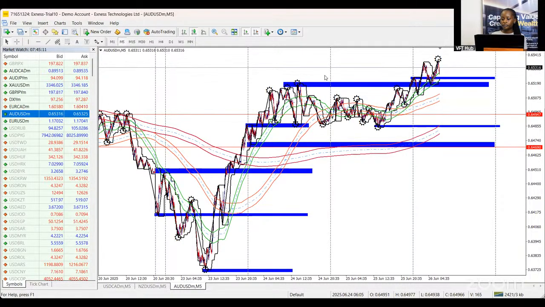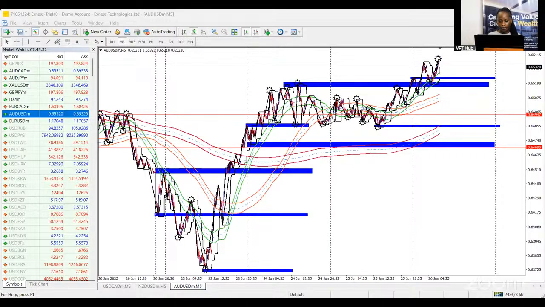Perfect. So we know already why we mark our points of interest. We trace into these zones, give us confirmations, we'll be looking to continue buying, except we have a fundamental news release that comes out and changes the dynamics of the markets, right? So this is it. Now let us quickly look at Forex Factory to see if we have any news release we're expecting so that we are prepared and not taken off guard. Remember, fundamentals play a big role in how the market moves.